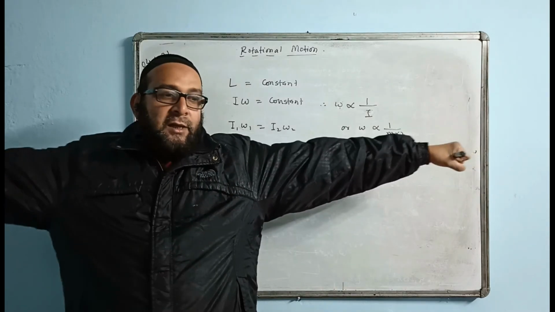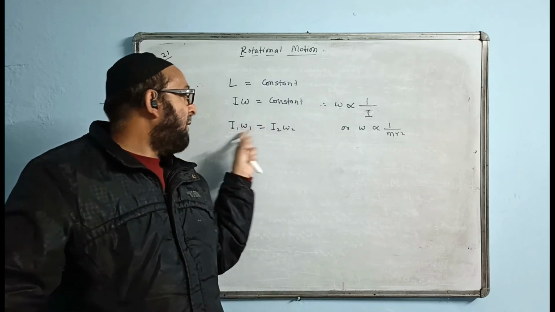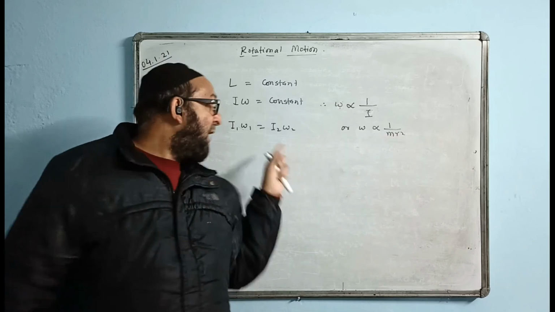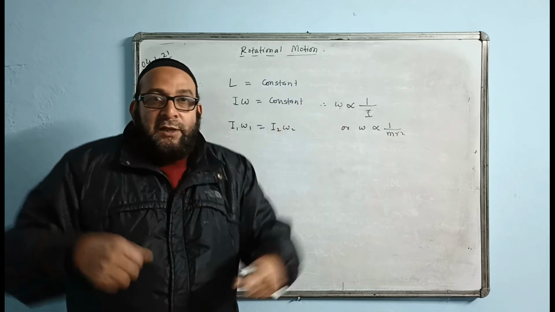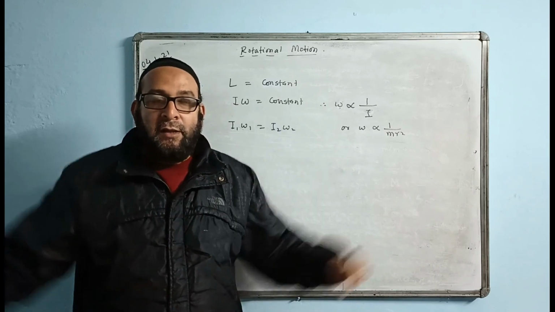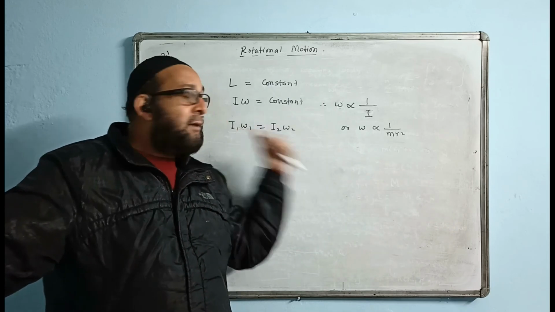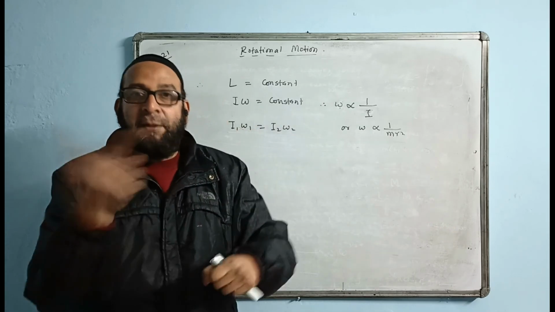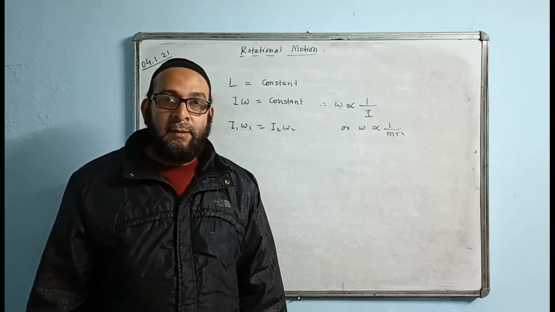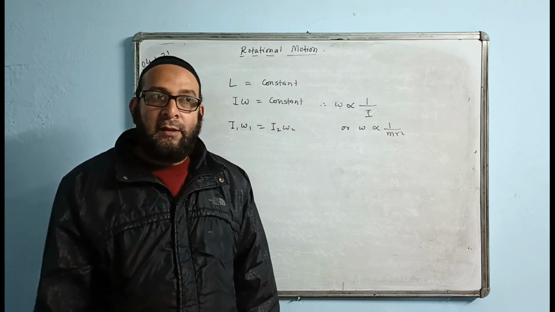Because when he is stretching and the table is in rotation, he is having initial angular momentum. But now the value of I is becoming less because the radius is decreasing. When the radius decreases, the speed of rotation will increase. To have the same momentum, he has to spin faster. Then only the momentum becomes equal because the radius is becoming less. So he will start spinning faster like that.